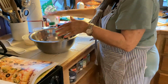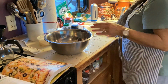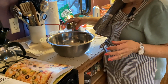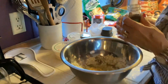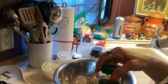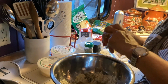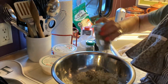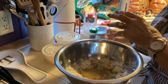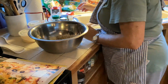So first I'm going to add the egg. Okay, 1 egg, Italian seasoning and basil. I'm sprinkling. It says here, I don't know, it doesn't even show basil, but anyway, I want to give it some flavor because cauliflower is very, very bland. So what did you just put on? Italian blend. I put a little basil, and now I'm going to put a little bit of